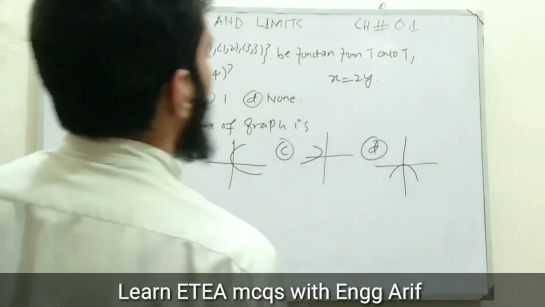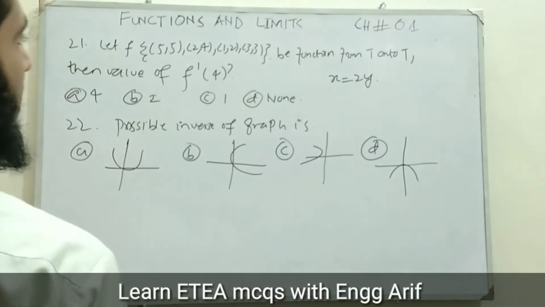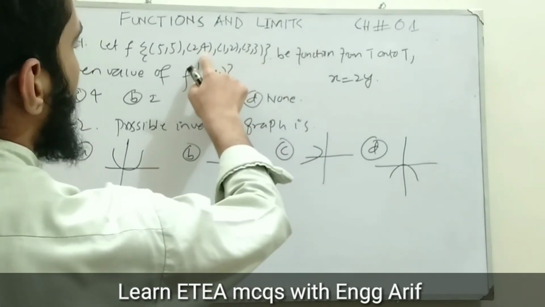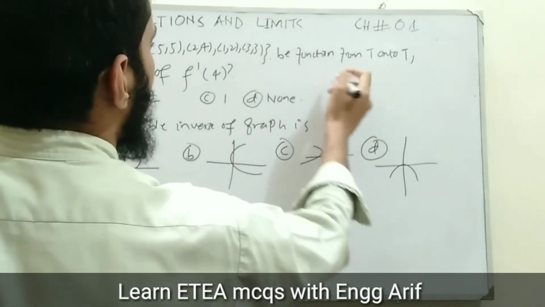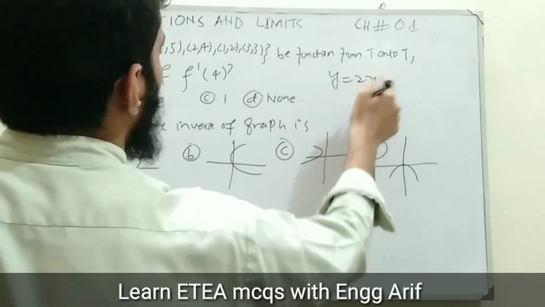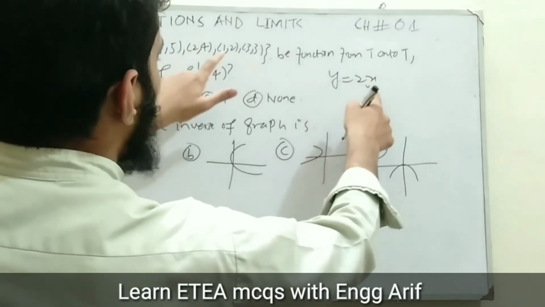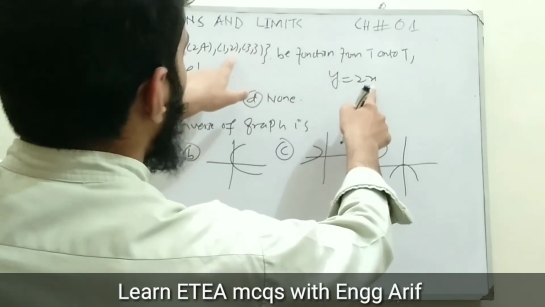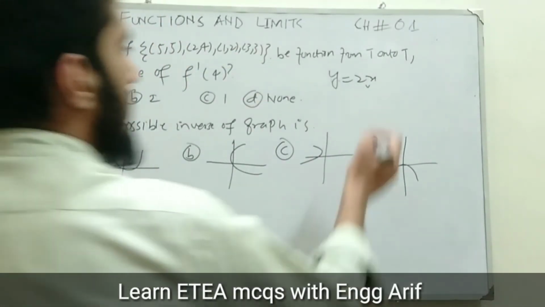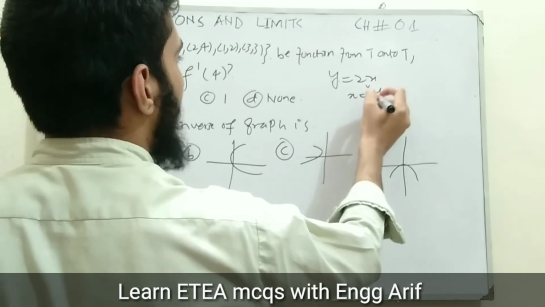If we put y equal to, let's suppose, 4 with x as 2y, this is the wrong condition. The condition will be y is equal to 2x. Let's suppose if I put x as 2, it will give us y as 4. If I put x as, let's suppose, 1, it will give us y equal to 2. So it means that x is equal to y divided by 2.